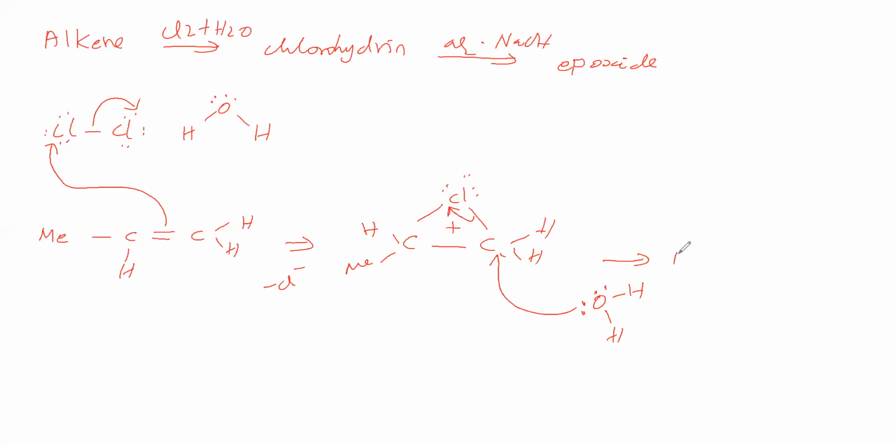Therefore, we will get Cl here, CH2 here, and OH here. From here H plus we will remove. Therefore, it is called chlorohydrin. Chlorohydrin means one chlorine will be there, one OH group, one alcoholic group, and